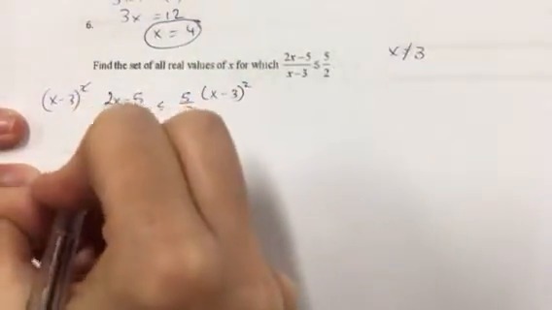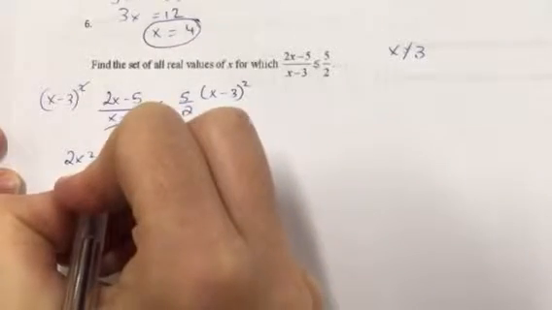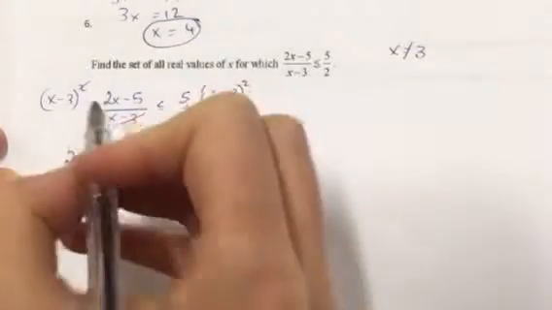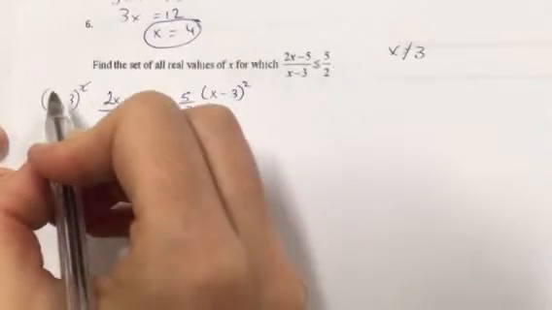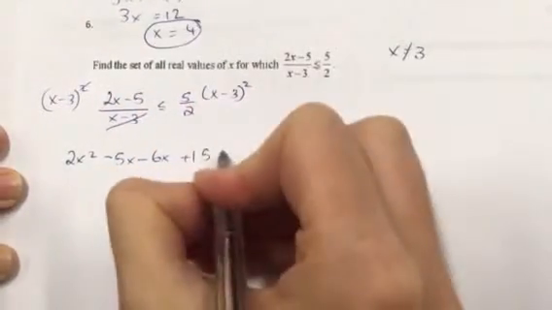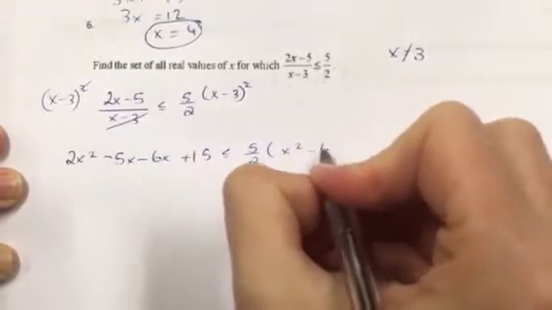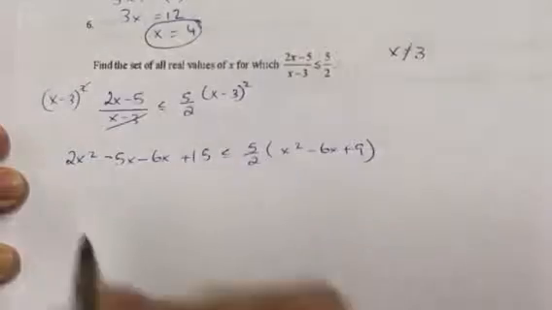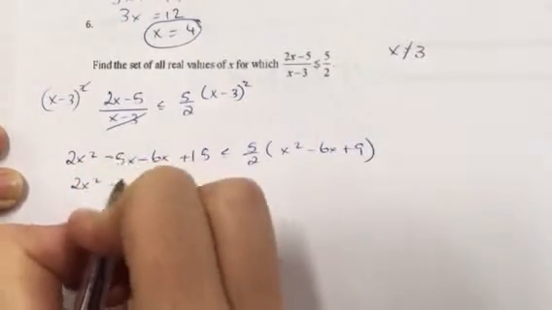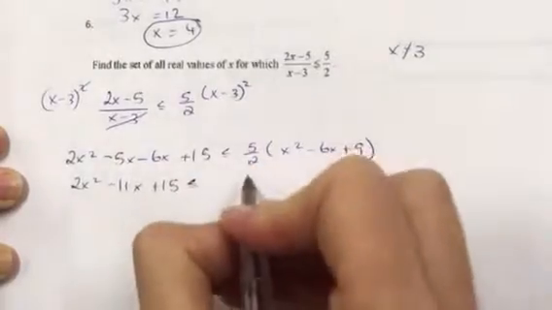That gives me 2x squared minus 5x minus 6x plus 15 less than or equal to 5 over 2 times x squared minus 6x plus 9. That gives me 2x squared minus 11x plus 15 less than or equal to